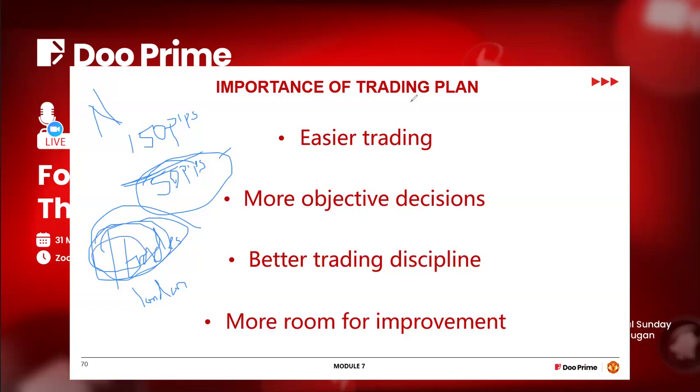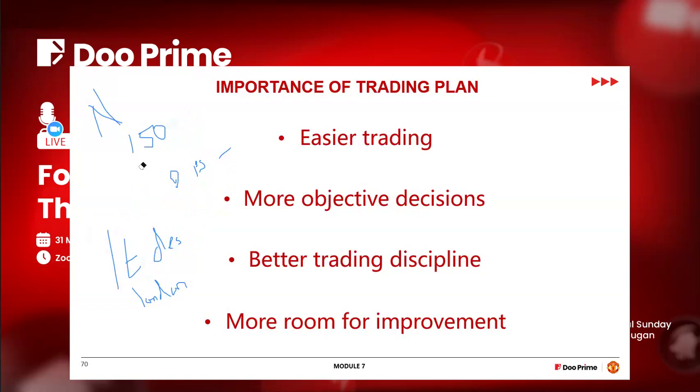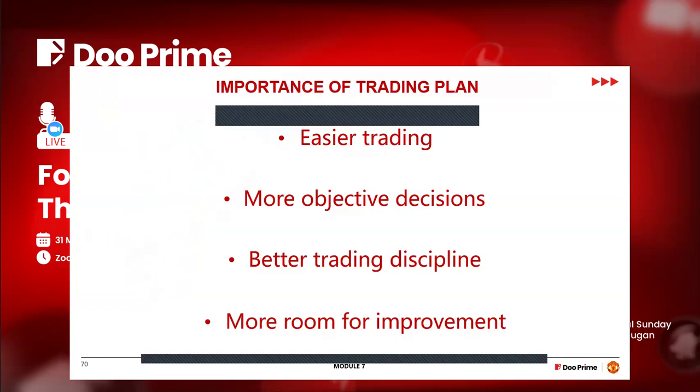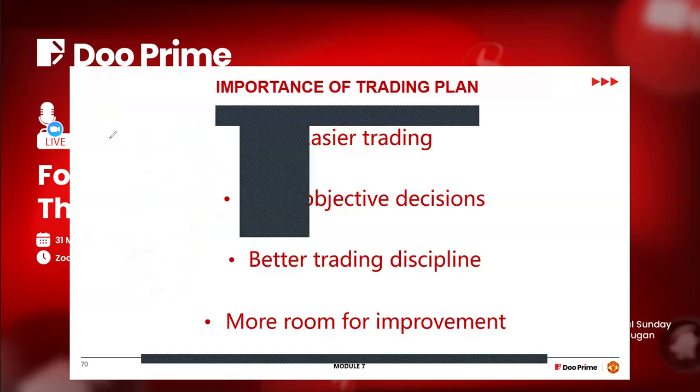I know many of us here will trade all the pairs in the world. You want to trade gold, you want to trade US30, you want to trade GBP USD, you want to trade GBP JPY, you want to trade NZD. Now that is not taking sniper shots at the market. What you're doing is scattering things around. In a trading plan, as a trader, you are supposed to be focused. You're supposed to be very objective.